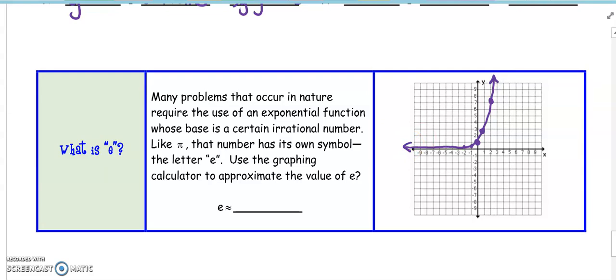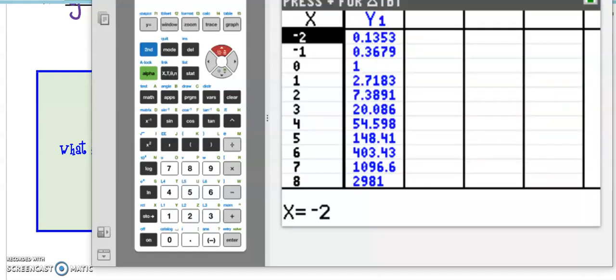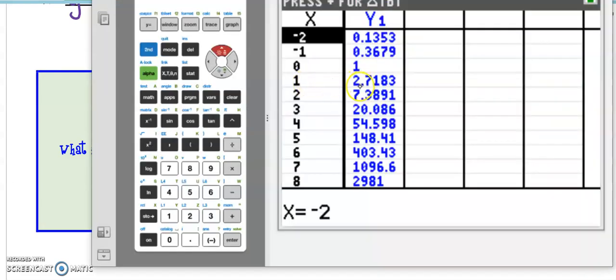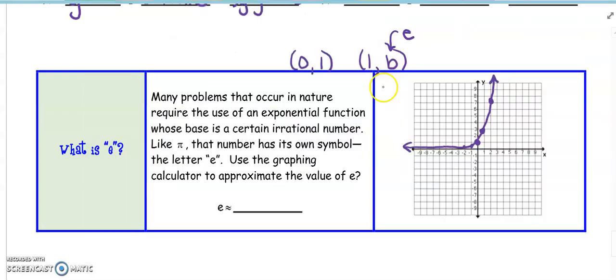Now, what is E approximately? Let's think about it again. Every exponential function will pass through the point (0, 1), and it will also pass through the point (1, b). In this case, our b is the E value. So if we were to take a look at the point (1, e), what is E approximately equal to? E is approximately equal to